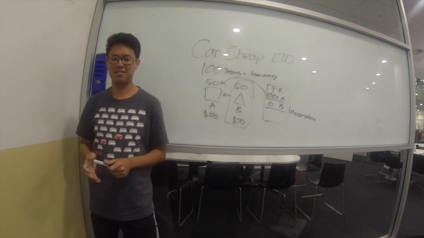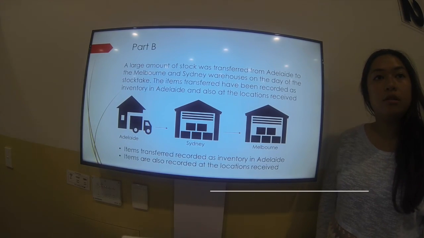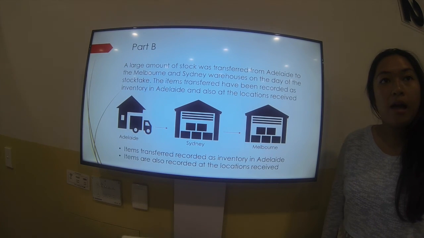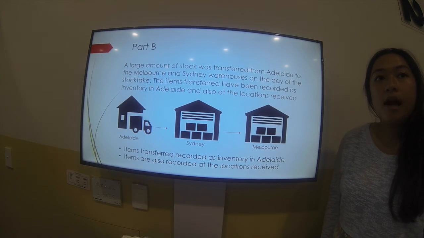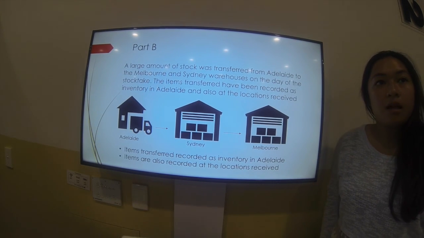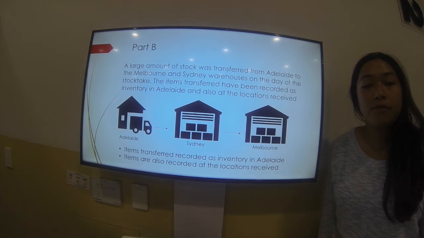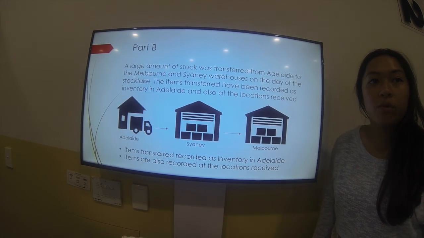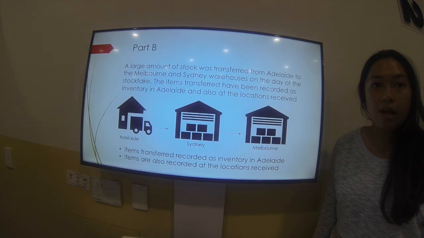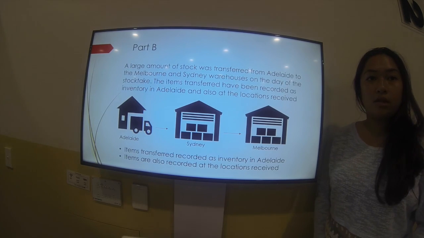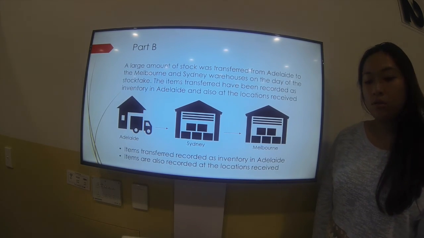Thank you. Yep, so in this question, a large amount of stock was transferred from Adelaide to Melbourne and Sydney warehouses. The items transferred have been recorded as inventory in Adelaide and also at the locations received. There is an important detail that I have noted from this question, which is that the items transferred are being recorded as inventory in Adelaide. It is quite strange that the inventory is being recorded as it is transferred out of the warehouse. So in the next slide,